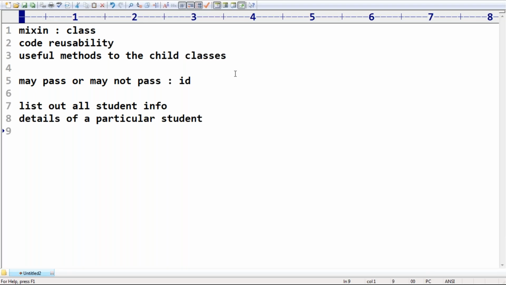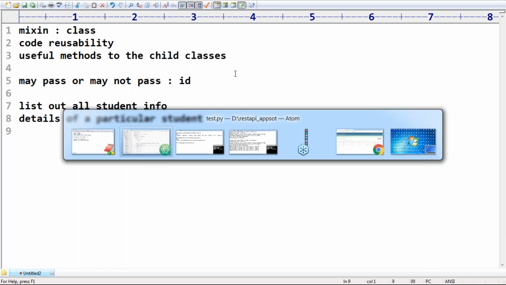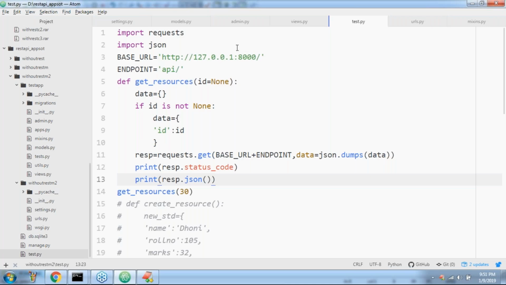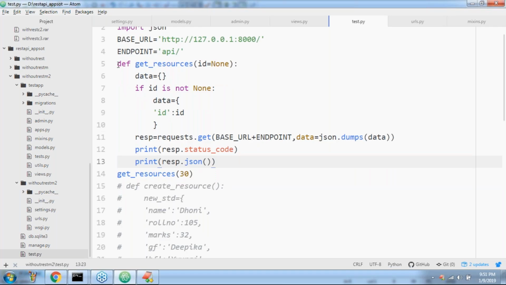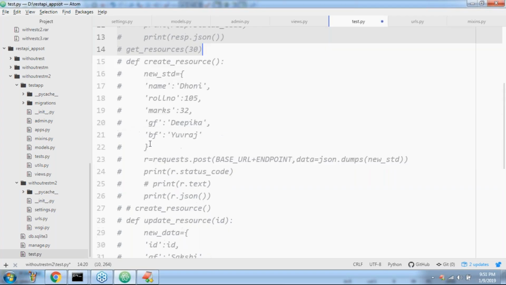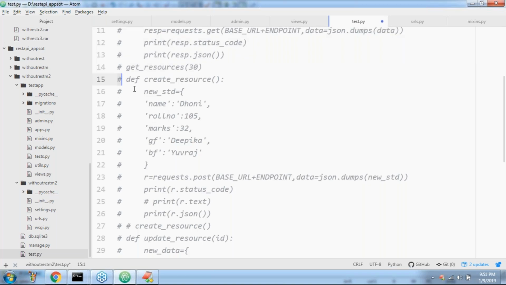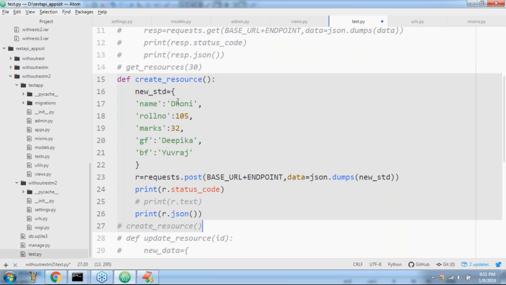Okay, sir, next. Can I go to the next level? What is the next operation? Yes, friends, what is the next operation we have to take? Sir, the post operation, right? Okay, let me comment out this get. Let me open this post functionality, right? Okay, now have a look once, sir.